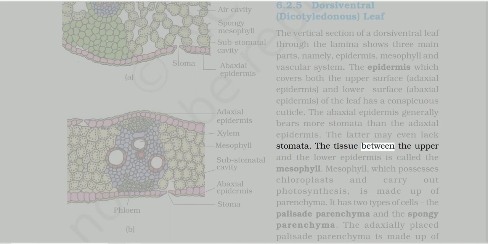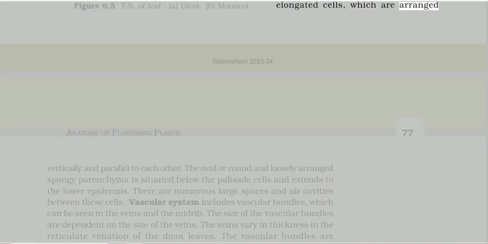The tissue between the upper and the lower epidermis is called the mesophyll. Mesophyll, which possesses chloroplasts and carries out photosynthesis, is made up of parenchyma. It has two types of cells, the palisade parenchyma and the spongy parenchyma. The adaxially placed palisade parenchyma is made up of elongated cells, which are arranged